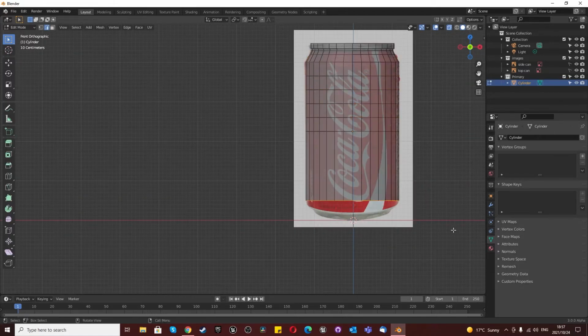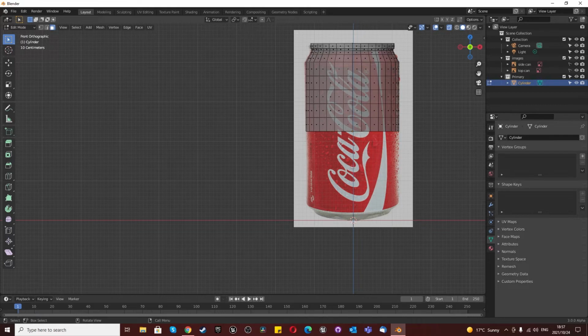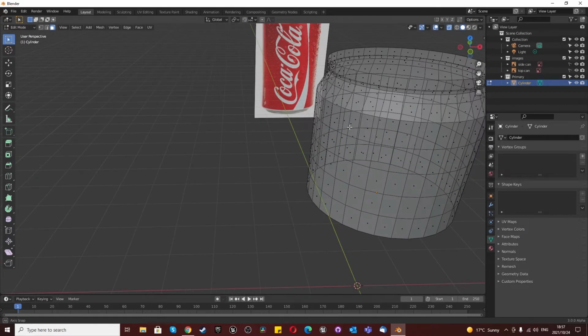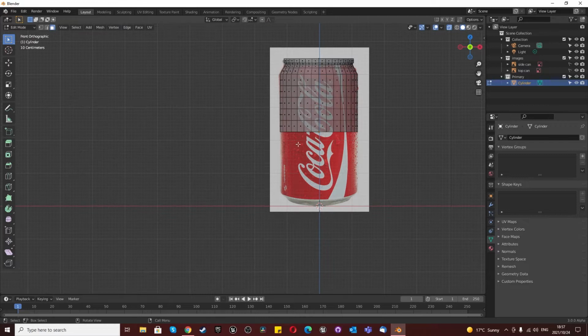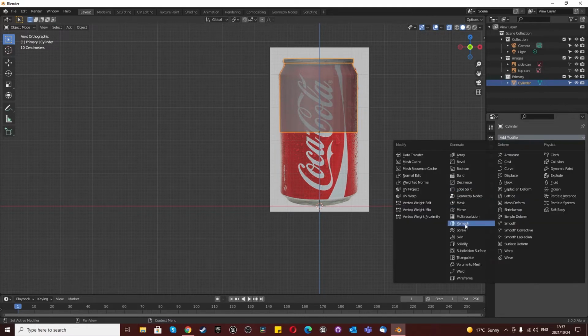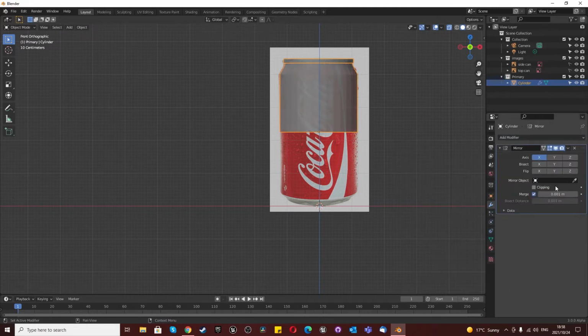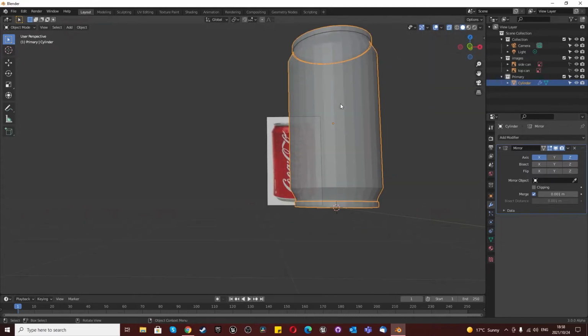And then we're going to select all of this over here, press 3 and just select everything here, press X, delete faces. And currently I am quite happy with this. So now all I need to do is go to our modify properties, press tab to go into object mode, add modifier. We're going to use a mirror modifier, and if we use this mirror modifier, we can just select Z. And knowing that we just want to create this one lip over here,